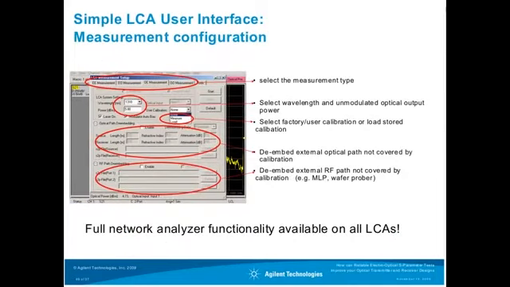The principle that we employ for our Lightwave Component Analyzers is that we keep the basic network analyzer functionalities and all the features of the network analyzer unchanged, and we just add a very simple configuration of the Lightwave Component Analysis function. After this configuration, the LCA is still operating like a network analyzer. So you basically only configure the wavelengths that you want to use, the optical power that you want to send to your device, and then you can also employ